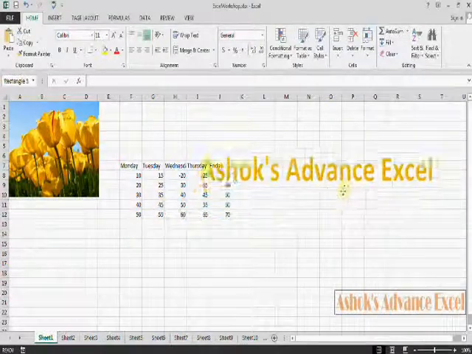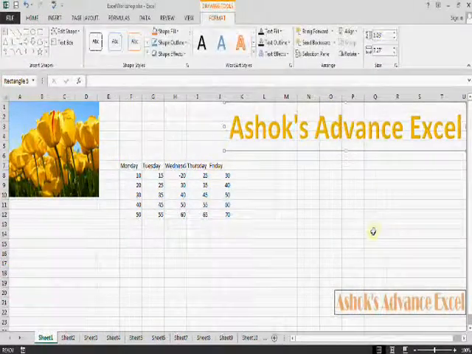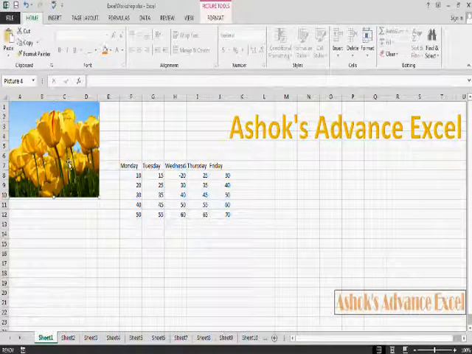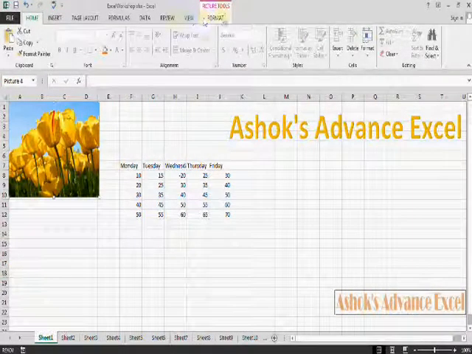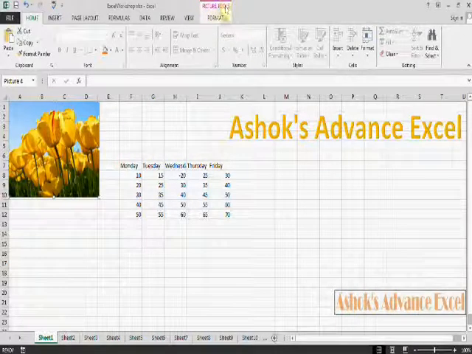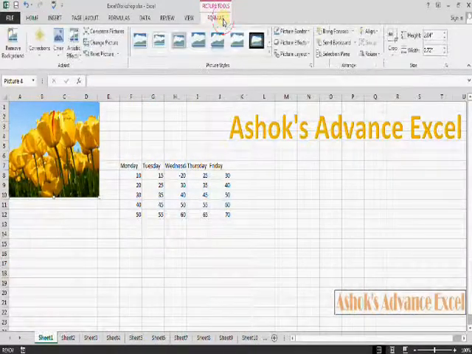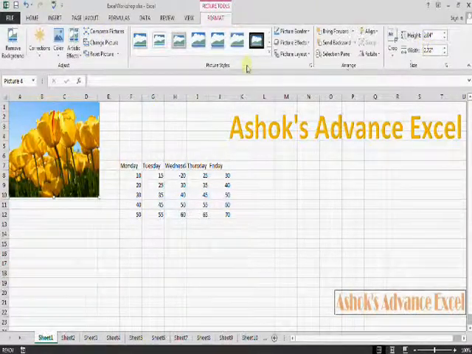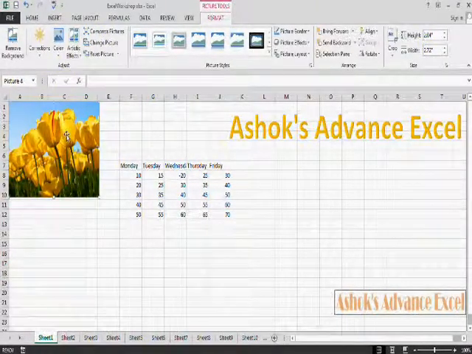Now drag it to the right side. Now select the tulips picture, and you can see on the ribbon that Picture Tools and the Format tab are available there, and all the tools which are required to format a picture are available here.